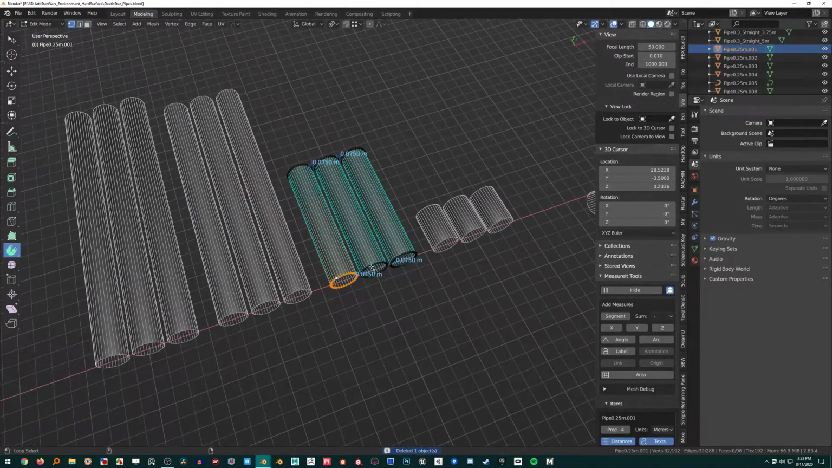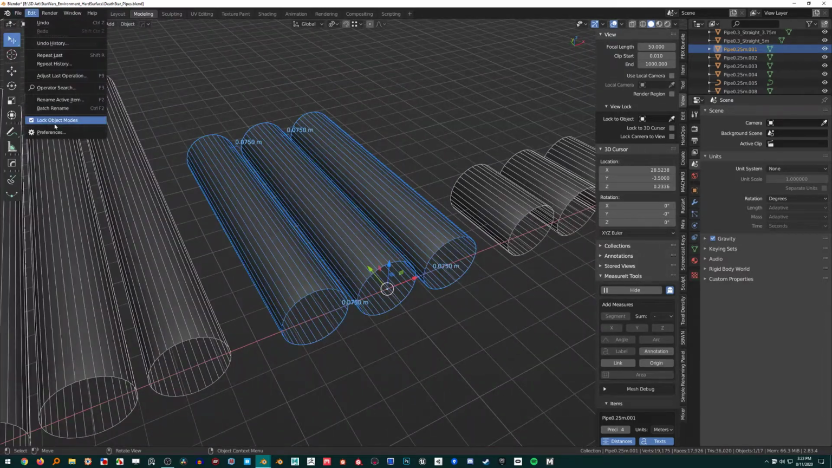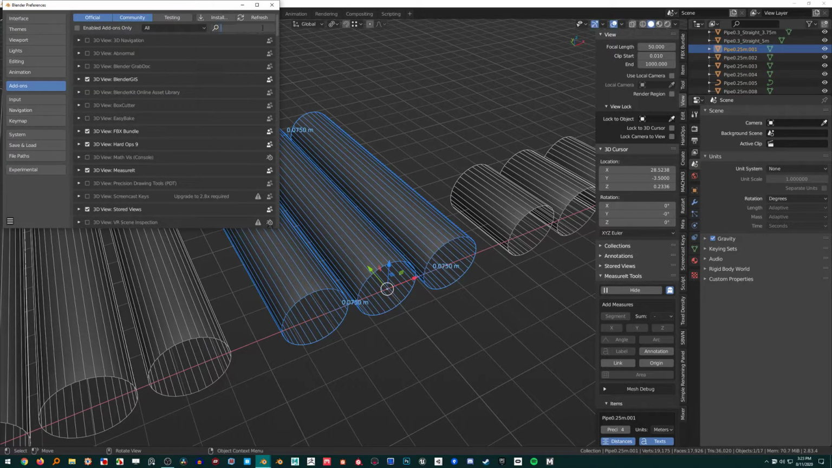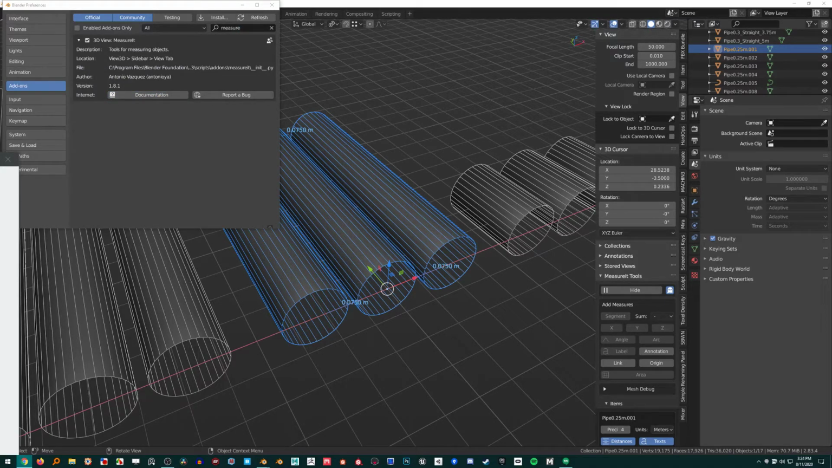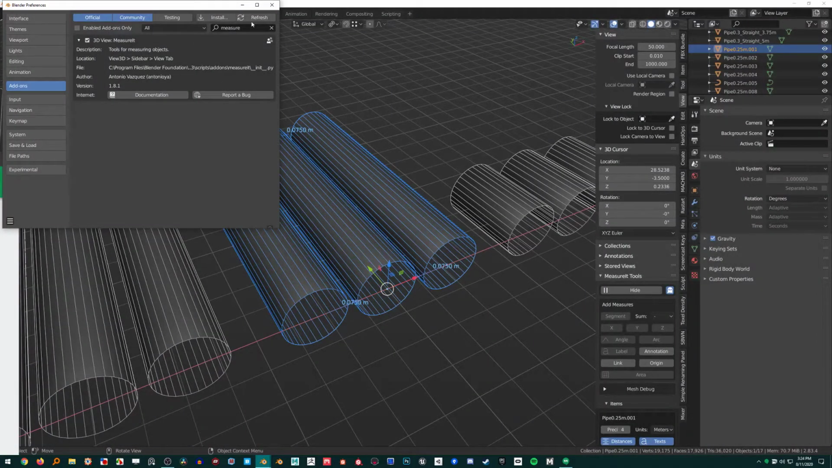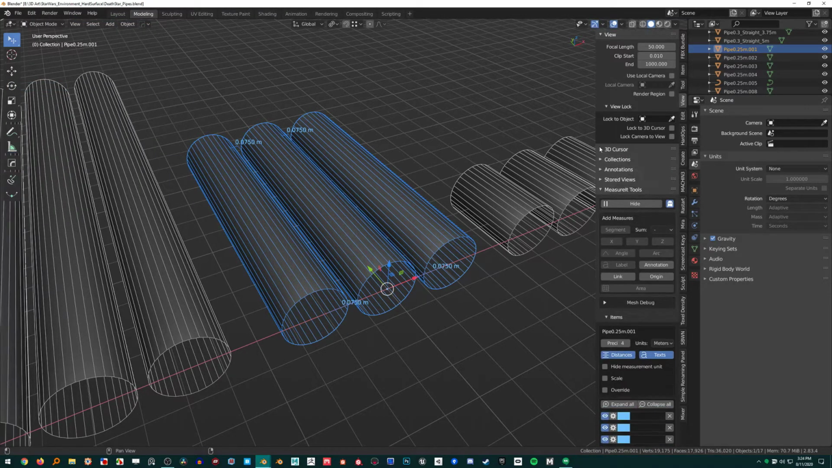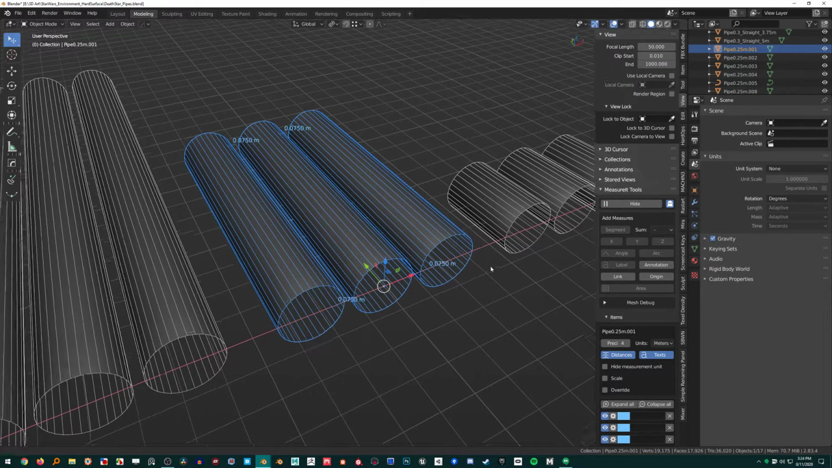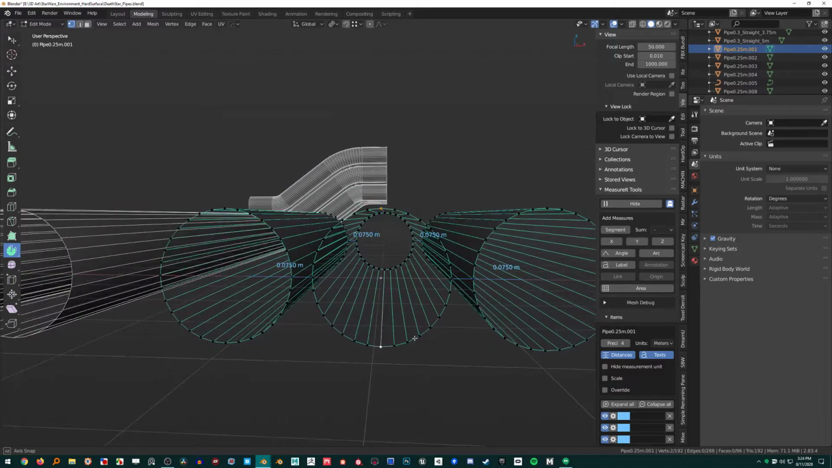And so I put the measurements here using the Measure It tool. I don't think this comes with Blender, but it's an add-on called Measure It. Or maybe it does come with Blender, I don't know. But you enable that, and then under View, you have this Measure It Tools tab. You hit Show, and then you just select two edges. So I can select this one, and hit